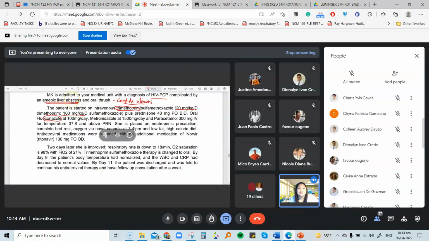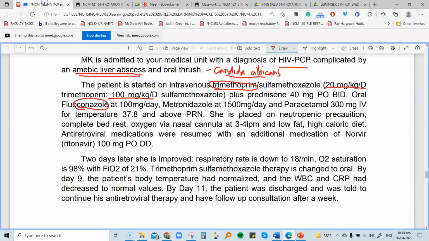Nagugugol ka pa ba dyan? Yes. Miss Credo. Infection. Anong klaseng infection? Daming gamot niya, oh. Saang infection? Correct. Anong ginagamot ng fungal infection natin? Anong ginagamot ni fluconazole? Para saan? Sa lahat ng diagnosis na nandiyan. Para saan? What's your fluconazole for? Andyan na. The answer is staring at you. Yes. Look at your diagnosis.